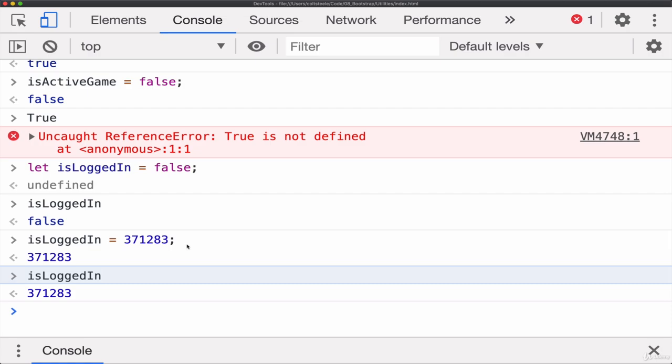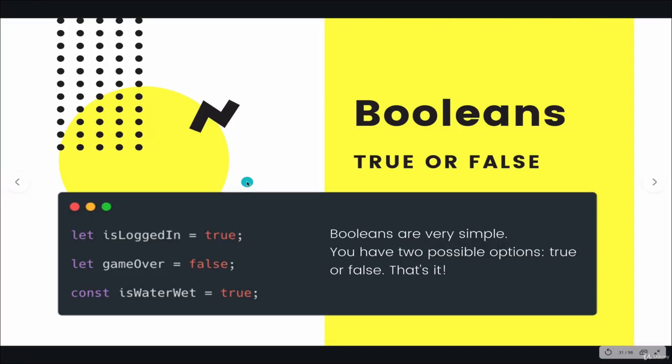There is something called TypeScript, which you may have come across or you may have heard about. It's sort of like an add-on or a fancier version of JavaScript that does enforce those sort of type restrictions, where a variable, if you declare it as a number variable, must remain and always store a number instead of a Boolean or something else. But on its own, regular old JavaScript does not have any restrictions like that. So to recap, Booleans, another primitive type, true or false, that's all there is to them. Very simple. We can store them in a variable just like we can store numbers or strings, which we're about to learn about. Okay,